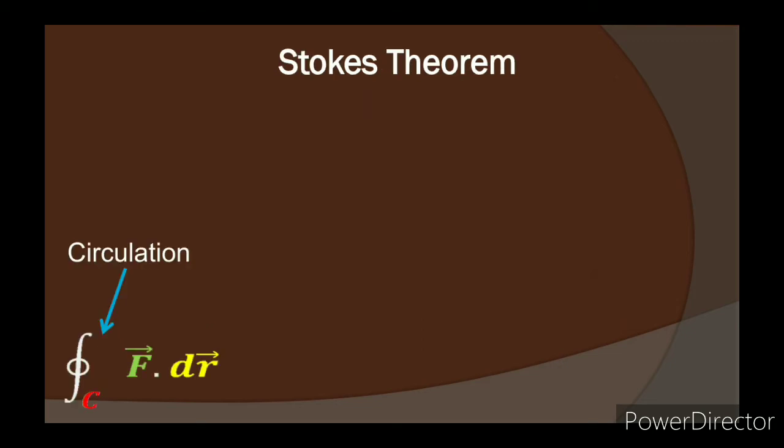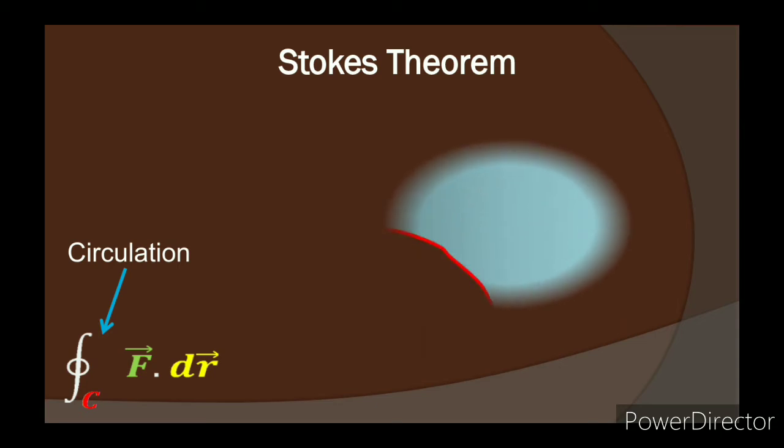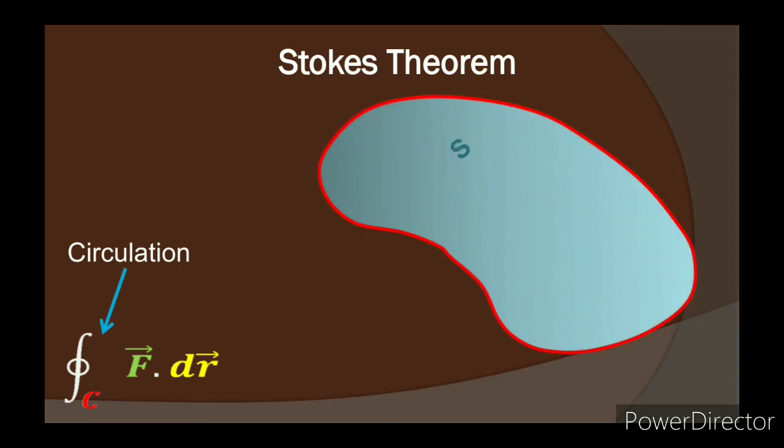Stokes theorem. We know the circulation of a vector field f surrounding a closed curve C is the line integral along C. Let us take a surface S whose boundary is the closed curve C. We divide S into two surfaces by joining an extra line. Then we get two closed curves. Now if we add the circulations along these two closed curves, we get the opposite line integrals, and so they have opposite signs and cancel each other, and we get circulation along the closed curve C.